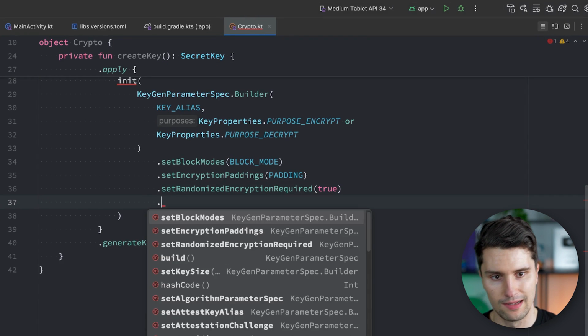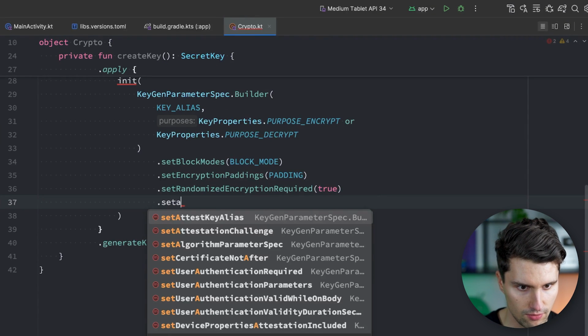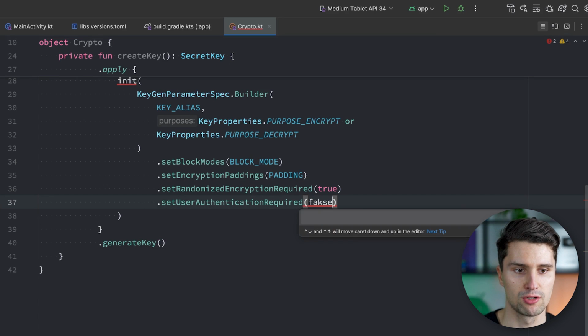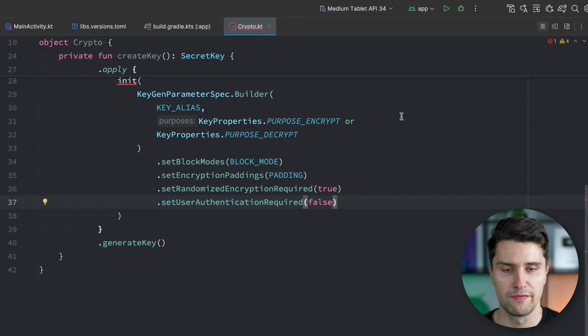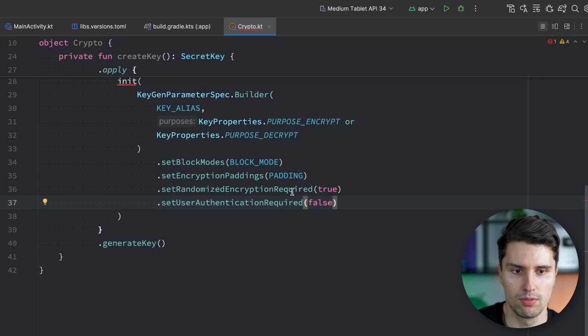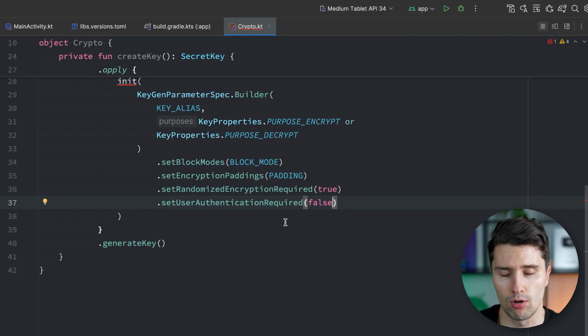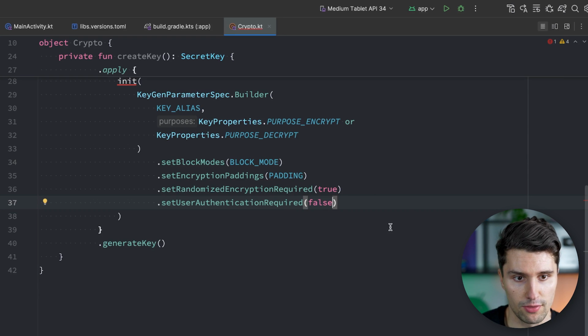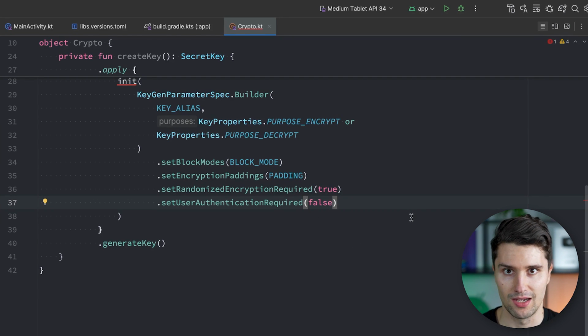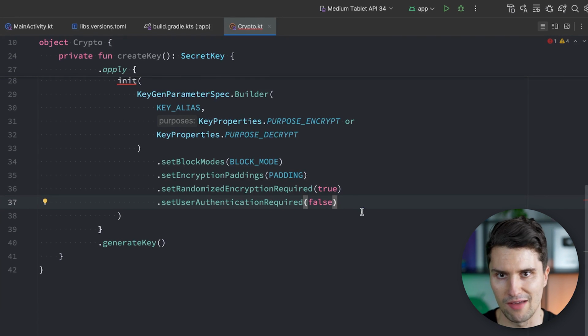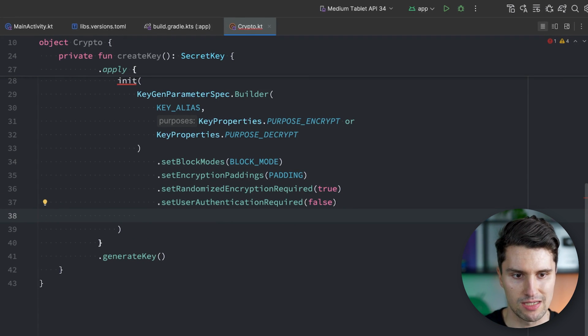security. And then a last option we want to apply is setUserAuthenticationRequired. I want to set this to false. So this you could set to true if you only want the key to be usable if the user is authenticated, via a biometric prompt, for example. If you need this extra level of authentication, for example, if you're working on a banking app, that would make sense, that the key can only be used when the user is actually logged in and sees their bank account to then maybe load some encrypted bank account data. I don't know. If you need this extra level of user authentication security, then set this to true. In our case, we don't have any authentication layer in our app, so we can just leave this at false